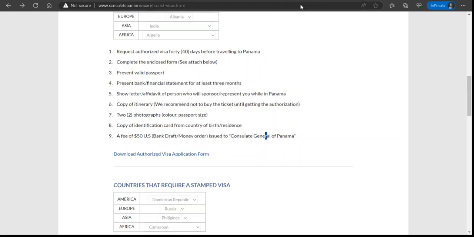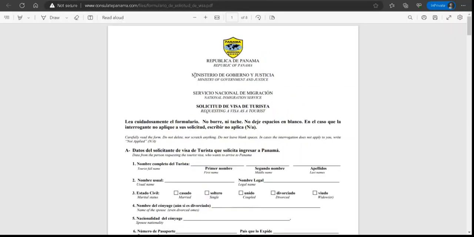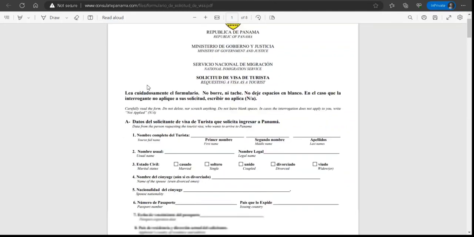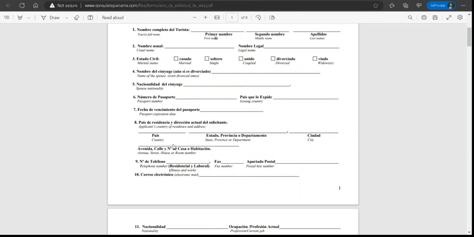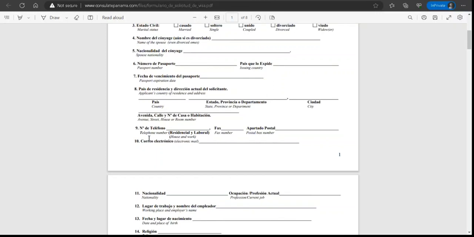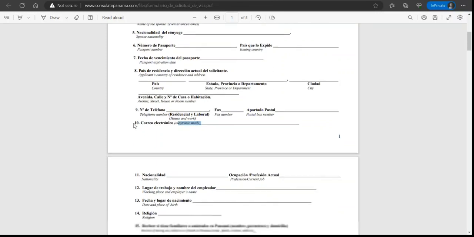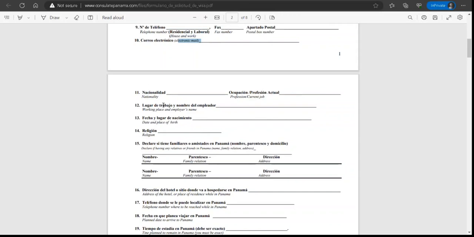Okay, what is the form? So it's very simple. And they have given it in English also: first name, middle name, last name, usual name, legal name, marital status, name of the spouse, even if divorced, spouse nationality, passport number, issuing country, passport details, country of residence and address, telephone number, email, electronic mail stands for email, nationality, profession, workplace information,